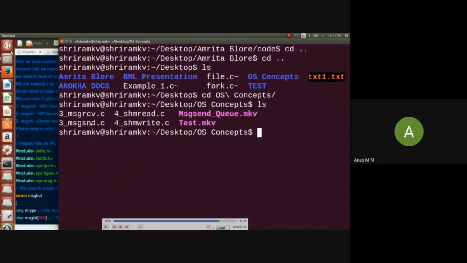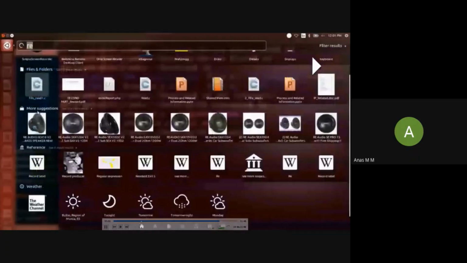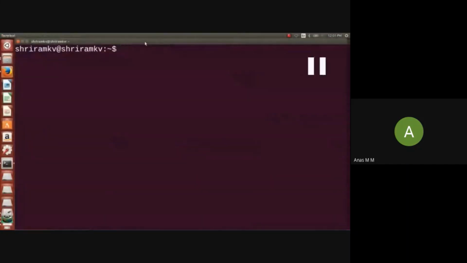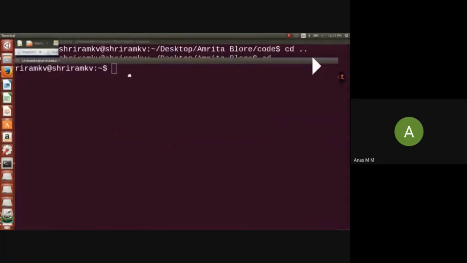And in the receiving session, apart from key creation and ID creation, the only difference is continuously checking for message reception using the msgrcv function. Here it is using the msgsnd function, and till the end of the array, it will receive the message from the message send process. We need two terminals, because one terminal will act as the sender and another terminal will act as the receiver, right? So two processes mean we need to run the program in two terminals.